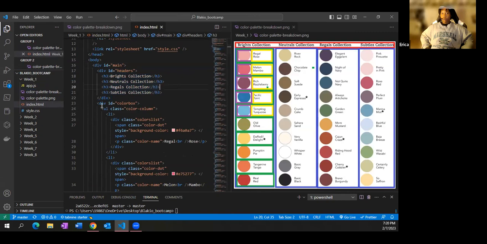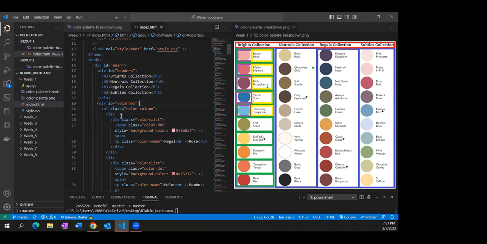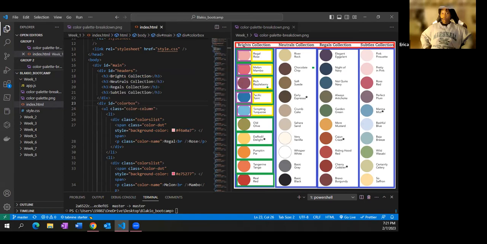And the blue box, that will be this div. And then I broke them all down into unordered lists. So I'm going to stop sharing to let you guys take over.